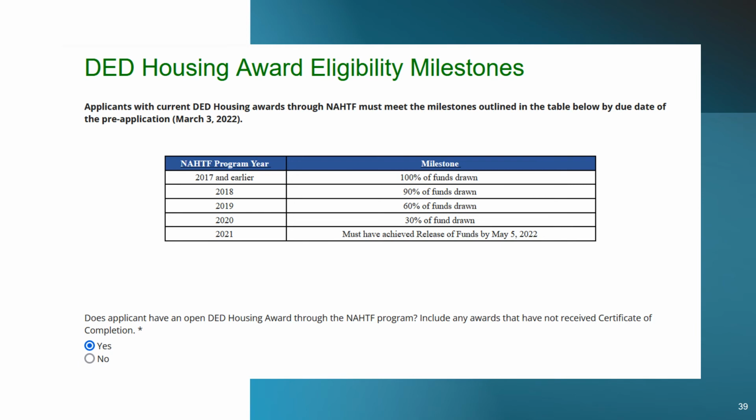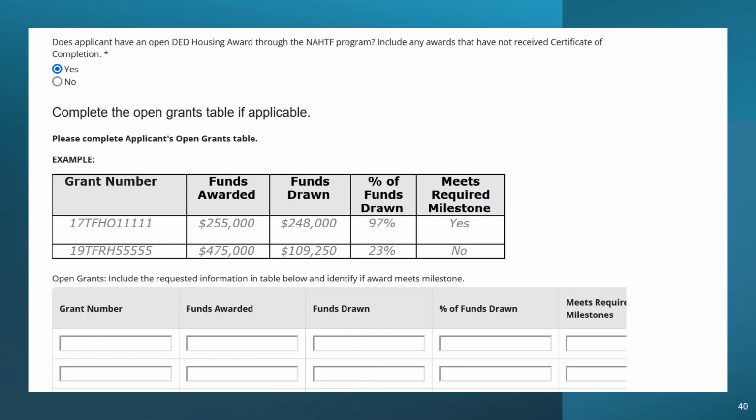Applicants with current DED housing awards through trust fund must meet the milestones outlined in the table by due date of the pre-application, March 3rd. Applicants that have an open DED housing award through the trust fund program, this includes any that have not received a certificate of completion, will need to fill out the grant table below. The grant number, the funds awarded, the funds drawn, the percent of funds drawn, and then declare whether it meets